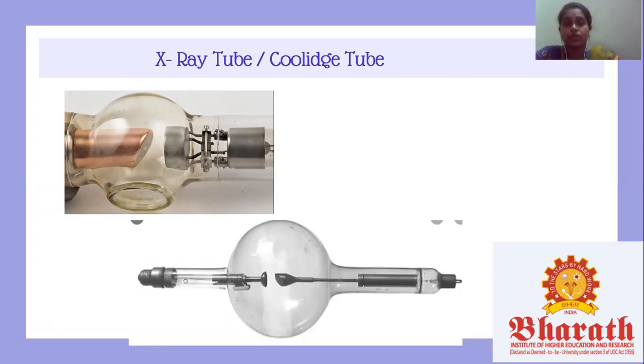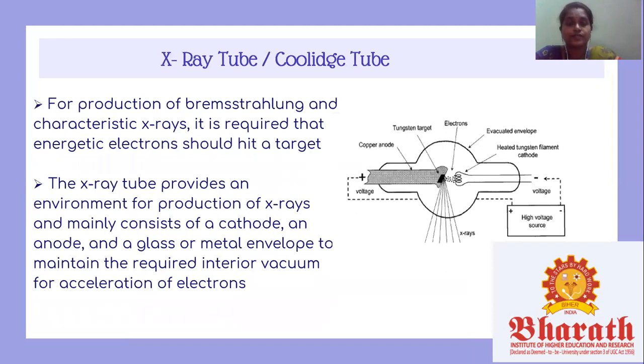Some of the key advantages of this Coolidge tube or X-ray tube are its stability and the fact that the intensity and energy of the X-rays can be controlled independently. Increasing the current to the cathode increases the temperature, so this increases the number of electrons emitted by the cathode, and the voltage increases the velocity of the electrons striking the anode, and the opposite effects occur vice versa. This degree of control over the tube output meant that early radiologists could do only with the Coolidge tube.